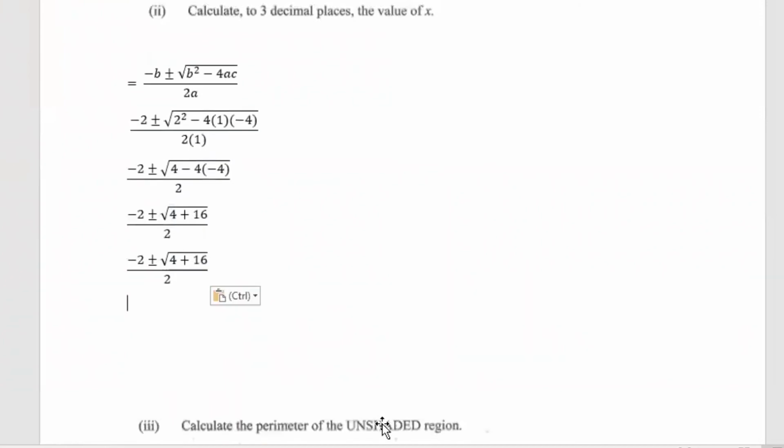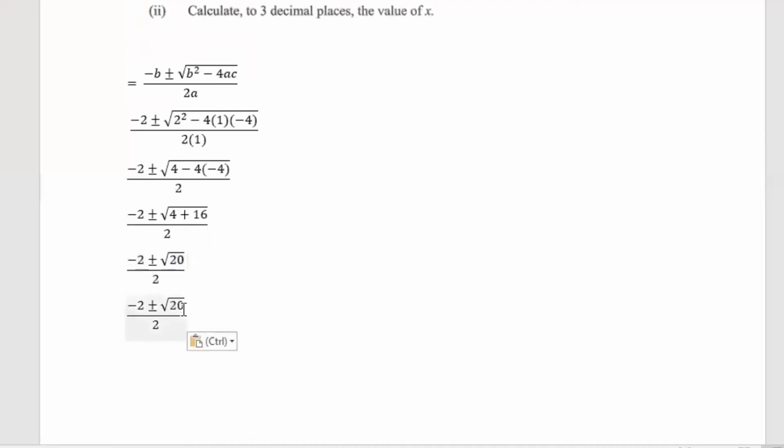And now what we know is that 16 plus 4 will give us 20. And that's what we will work right here. 16 plus 4 will give us 20. And we can now go ahead and find the square root of 20. So when we find the square root of 20,